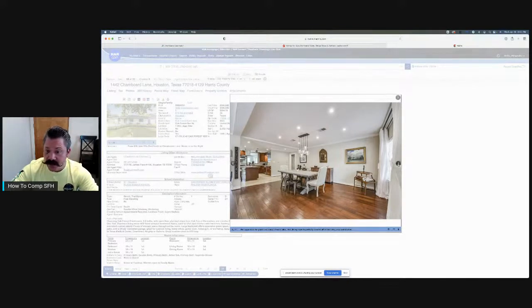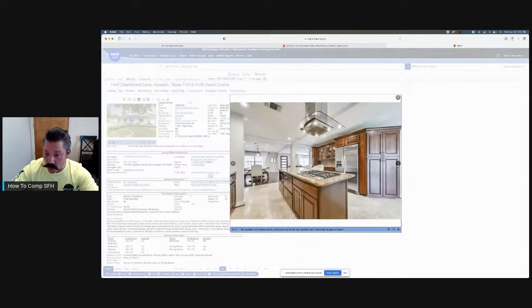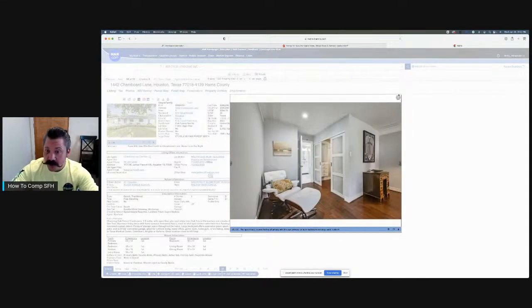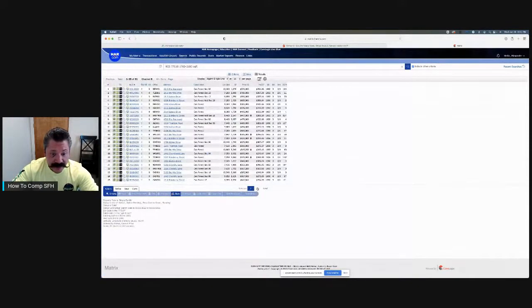A lot of times in Oak Forest houses, you're going to see flush ceilings. They did open up the wall. You're seeing the kind of the cherry wood cabinets, which is very late 90s, early 2000s, but it's still, don't get me wrong, it's a very beautiful house, okay? But if I go to my next page